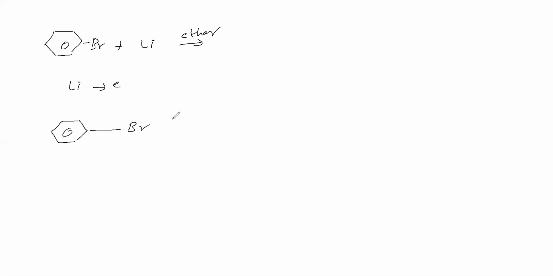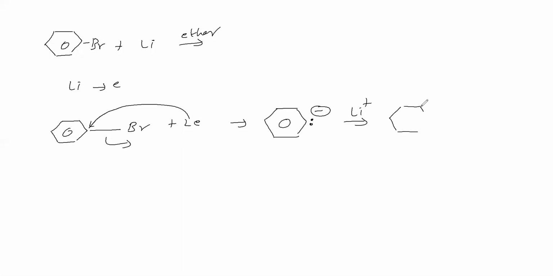We are taking aryl halide. To this, we are adding lithium in the presence of solvent ether. So we'll see what is happening. Now lithium is donating an electron. Therefore, this phenyl ring, we will write phenyl ring bromine. Now these two electrons attack this carbon. This bond is migrating. Therefore, we are getting a carbanion, phenylide anion, with lithium. It is like this compound we are getting.